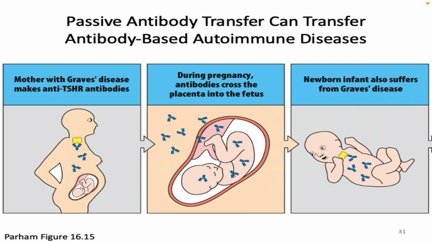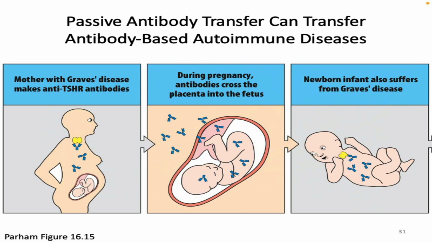If a mom has an autoimmune disease driven by antibodies, like in this case, Graves' disease, that impacts the thyroid, those antibodies can cross the placenta and impact the baby,